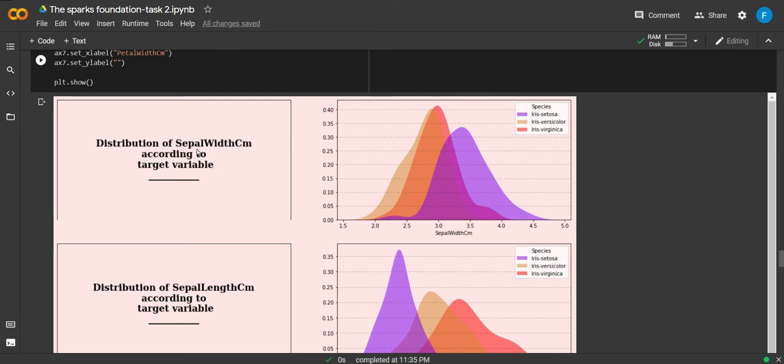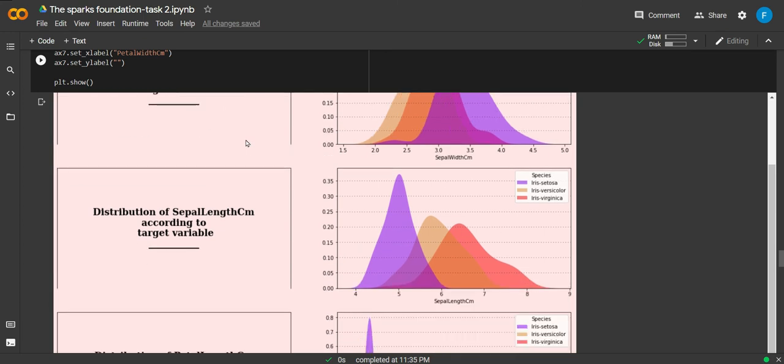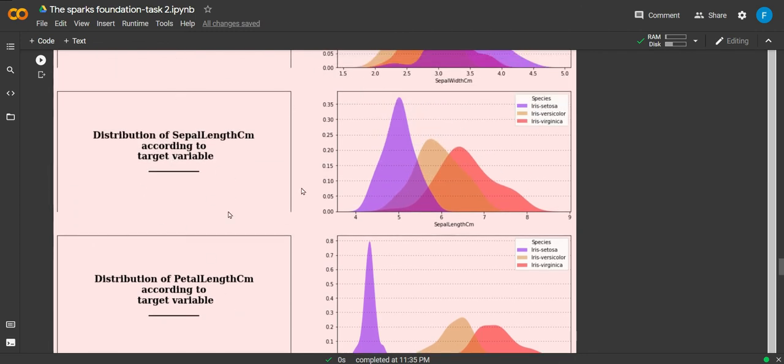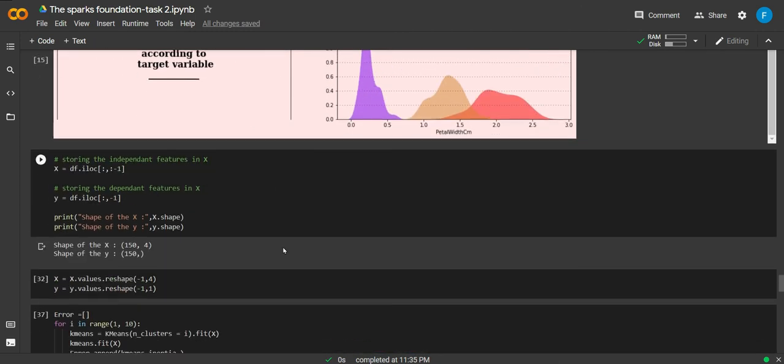Setosa is represented with purple, Versicolor with brown, and Virginica with orange. I have done the same thing for each feature: sepal length, sepal width, petal length, and petal width.